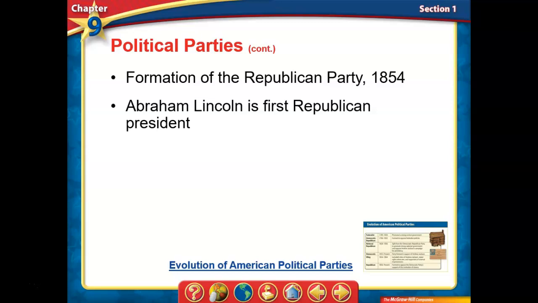And because of that, because there was the Democratic Party in the South, and there really wasn't a leading cohesive coalition in the North, we get the formation of the Republican Party. So the Republican Party, they form in 1854. And there's a couple of different resources that say where they were founded. Some say Wisconsin, some say Michigan. But as you all know, I'm from Wisconsin, so there's absolutely no way I'm giving Michigan any credit. So the Republican Party was formed in 1854 in Ripon, Wisconsin.